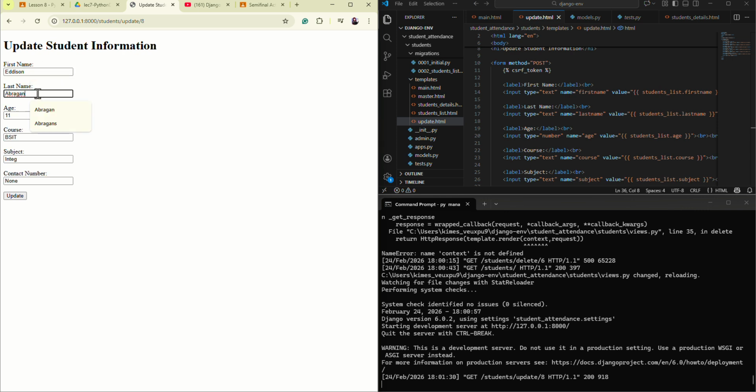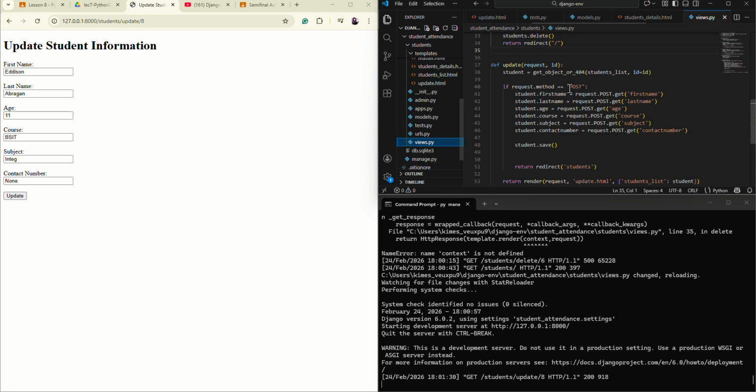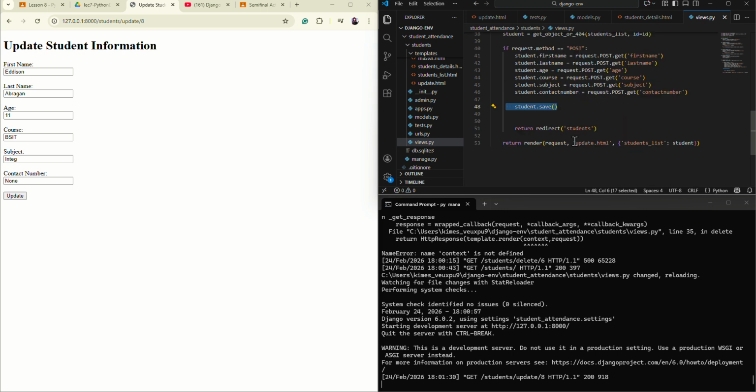It will show the data for each student. As for the view here, it will get the new data of the students. Then student dot save will store the new data and save it to the database.